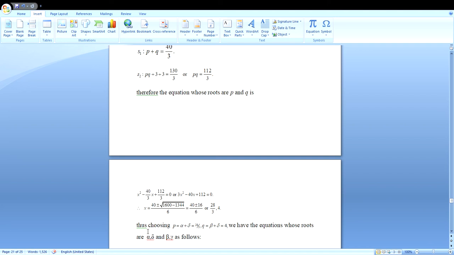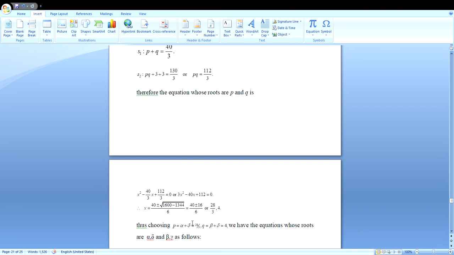Again simplifying this, 3x square minus 40x plus 112 equal to 0. Using the formula, we can find the value of x as minus b plus or minus root of b square minus 4ac by 2a. Here b is 40, a is 3 and c is 112. Therefore 40 plus or minus root of 1600 minus 1344 divided by 6. That is 40 plus or minus 16 by 6, or we get the values of x as 28 by 3,